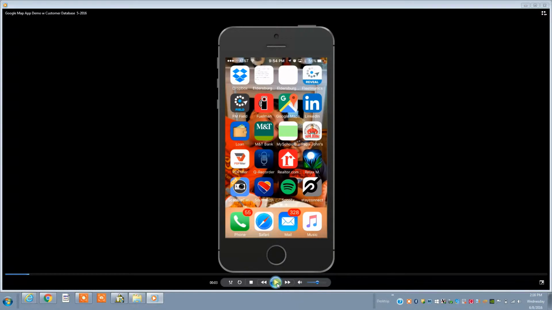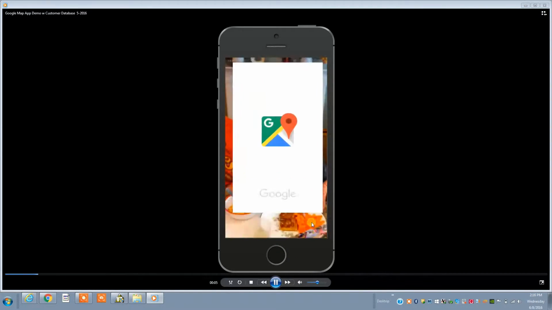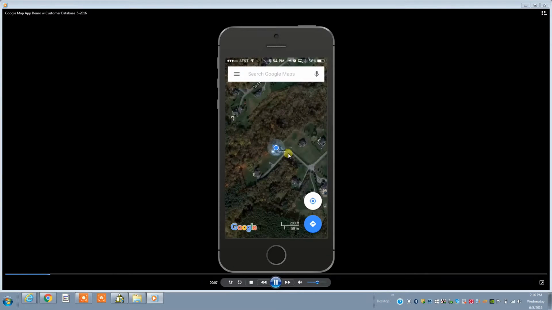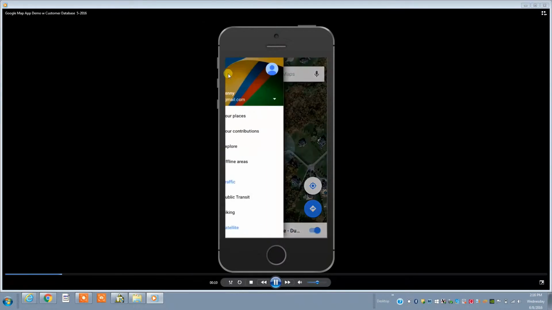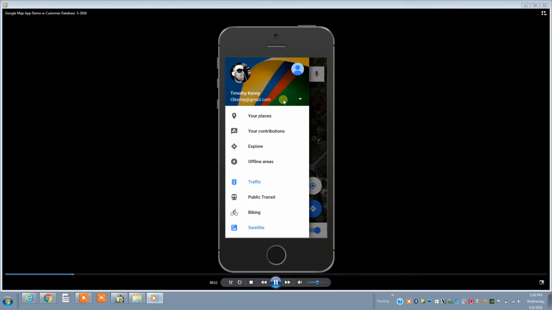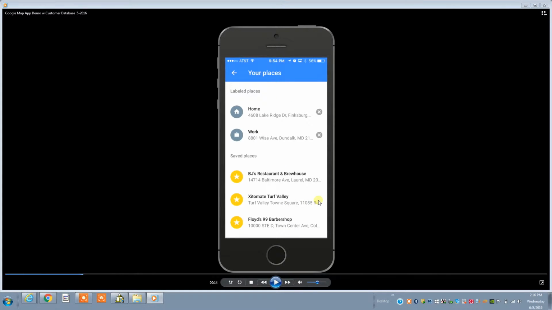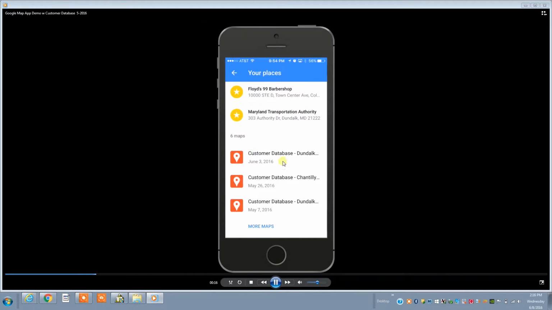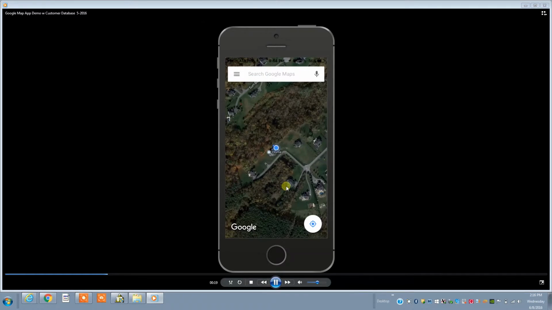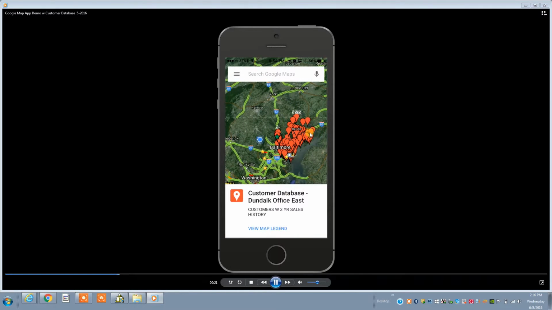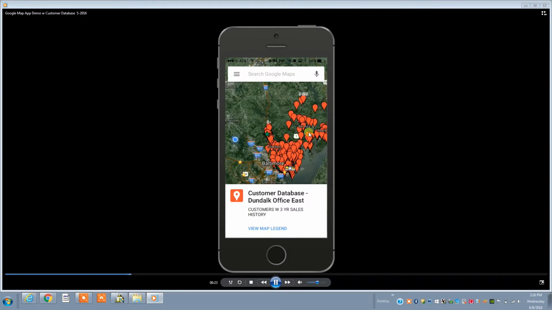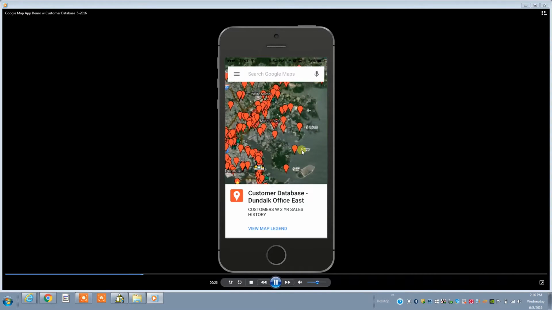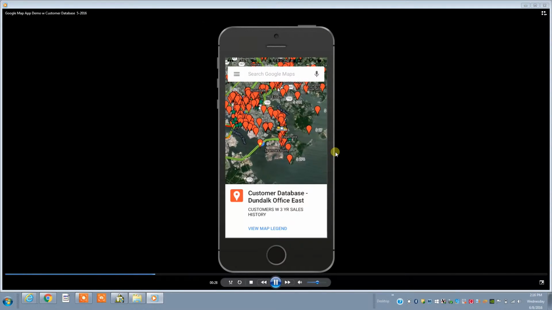and we will review. So as I continue the video, I'm opening the Google Maps app. I want to come up here to the left and select that. And as you'll notice, I went to My Places, and you want to scroll all the way down, and now you will see your maps right here. You want to select your map. That will then populate your actual database, and you can go through and search